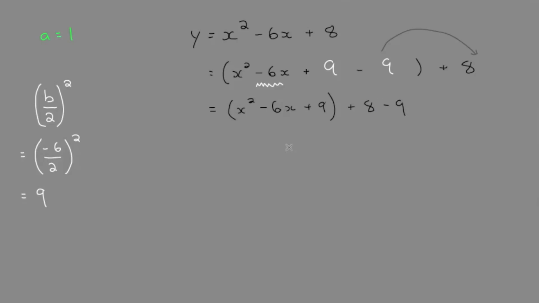It's -1. So in the next step, we'll write our perfect square. And I'll show how we get that. So we have x and something else all squared minus 1. How do we get this term? It actually always comes from b over 2. So b over 2, -6 divided by 2 was -3, so we'll have -3. That's it. So the vertex form would be